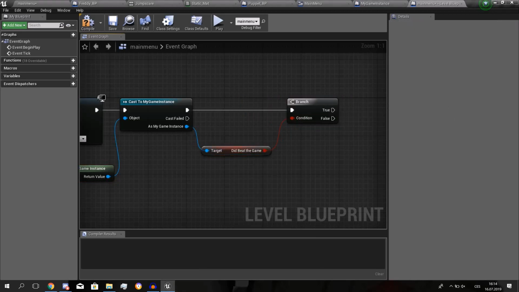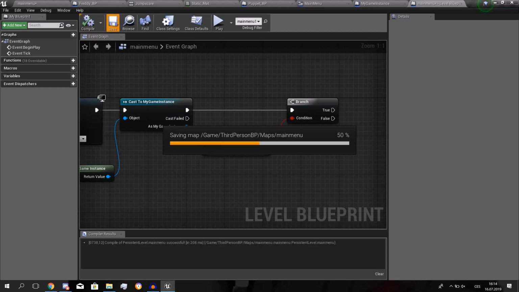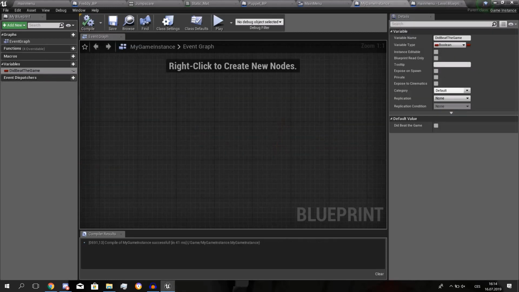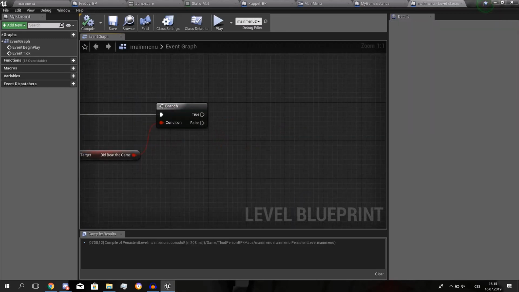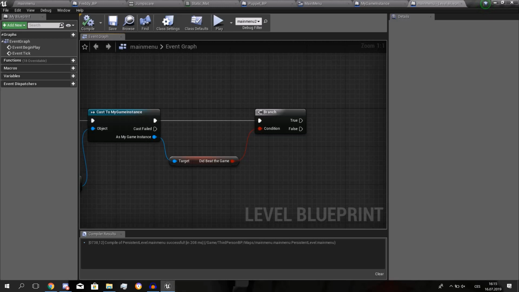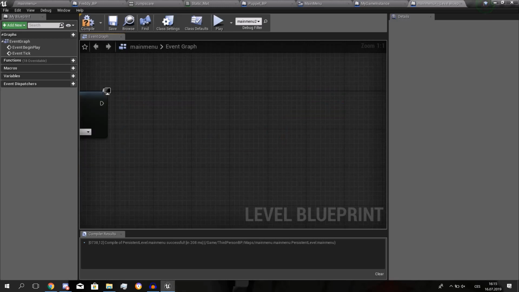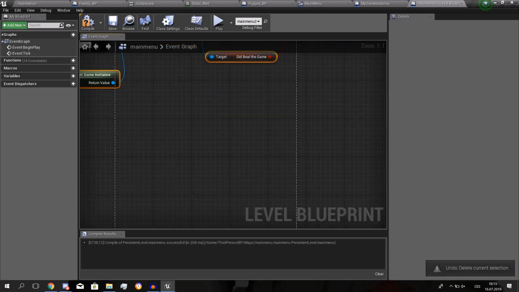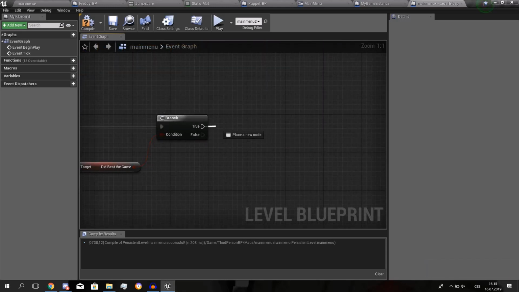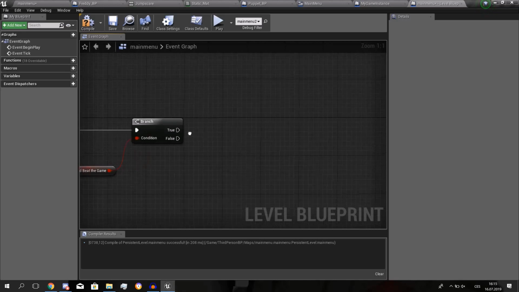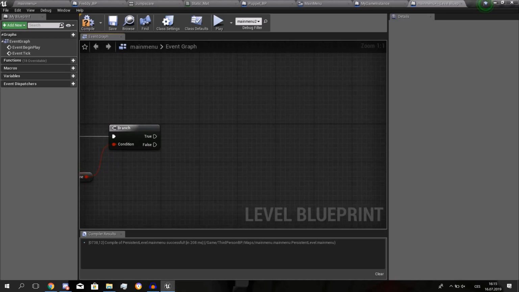And now, through this game instance you can share variables through the whole game so they won't reset once you go to another level. You can try that, but if you beat the game, you know what, let's leave it like this. If it's true, if you did beat the game, if false, we won't do anything. If true, we are going to